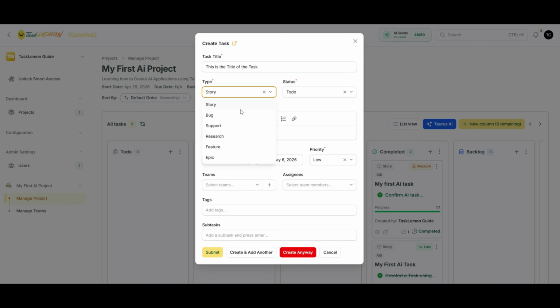Story is basically something that you start off with. It's like a basic task that you want to do. It does have a template that you would follow, different from what we just did yesterday, and I will explain and go into more detail in future videos about the templates and how you should write a proper description for your story. Then we can cover each and every single item one by one in future stories such as bugs, support, research, feature, and epic. But for now,